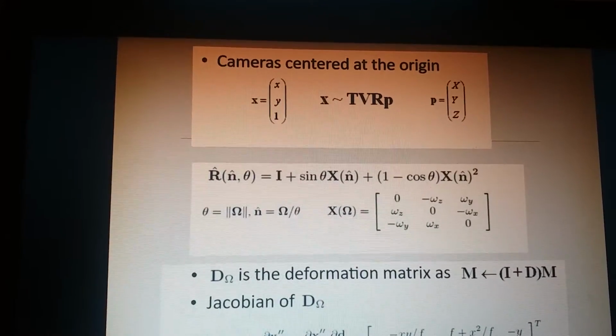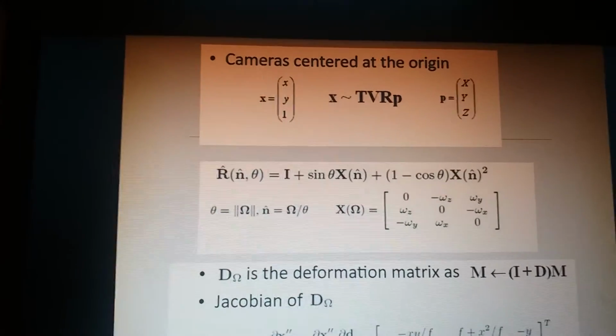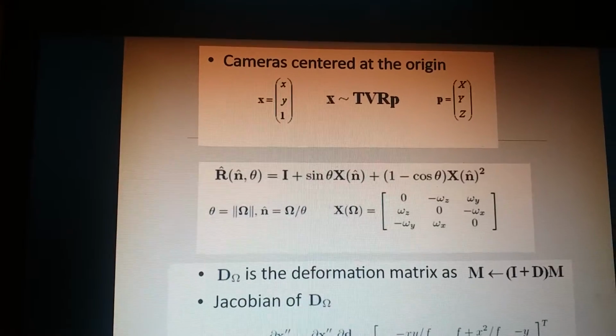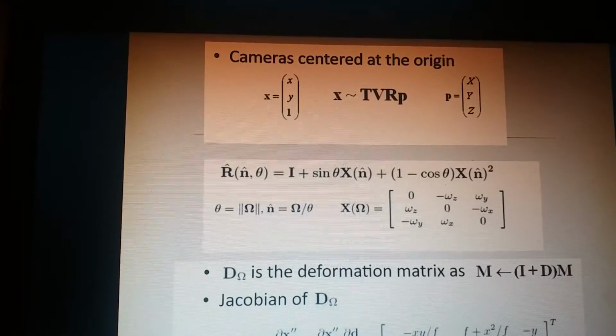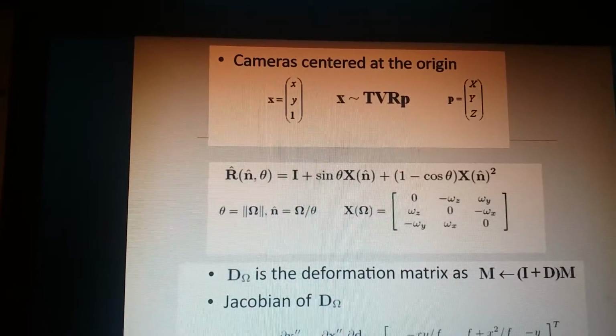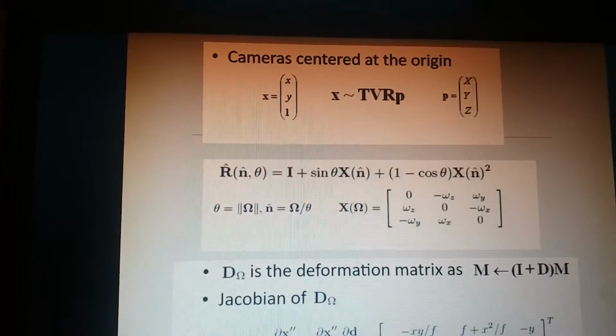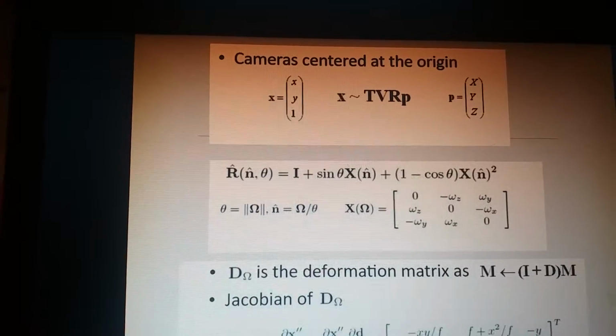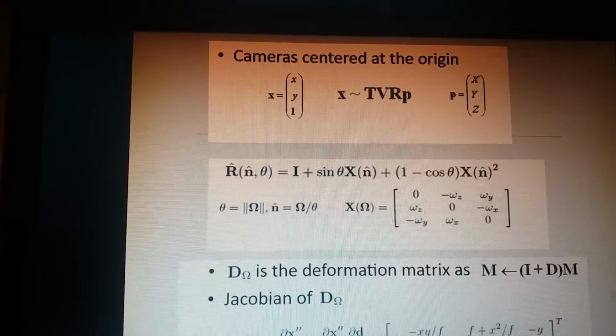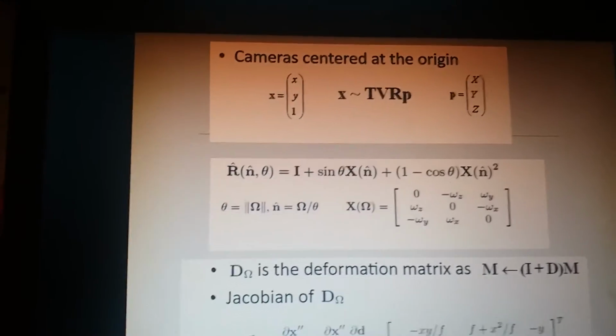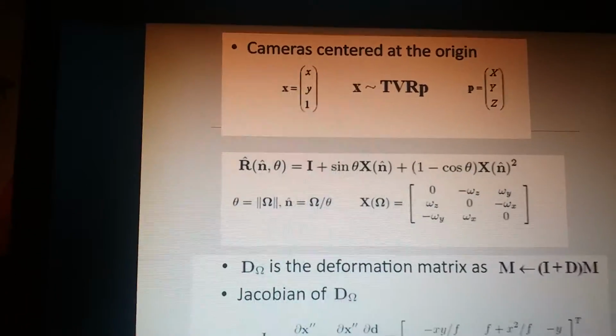V is also a 3x3 matrix, f0 0 0, 0 f0 0, 0 0 1, and R is also a 3x3 matrix where it is Rij, and i is from 1 2 3 and j is also from 1 2 3.